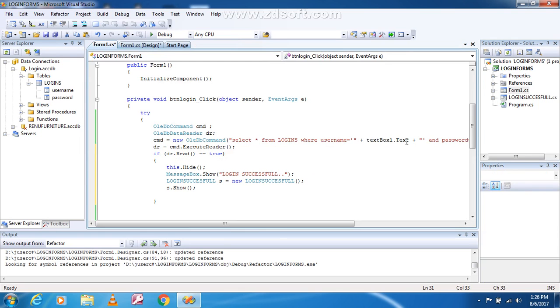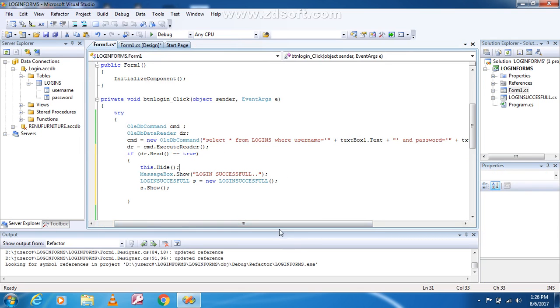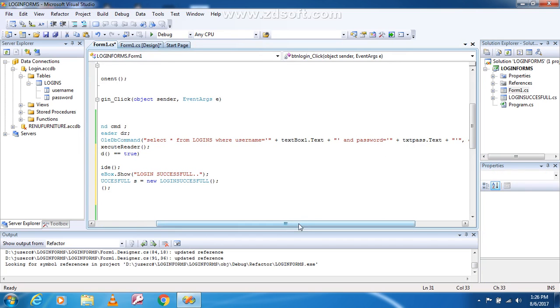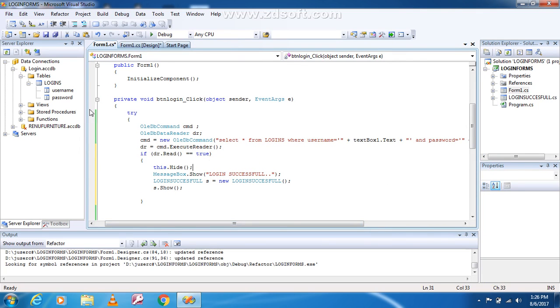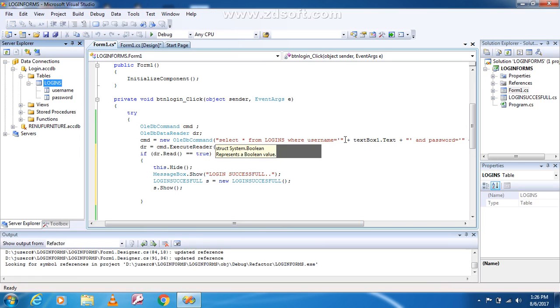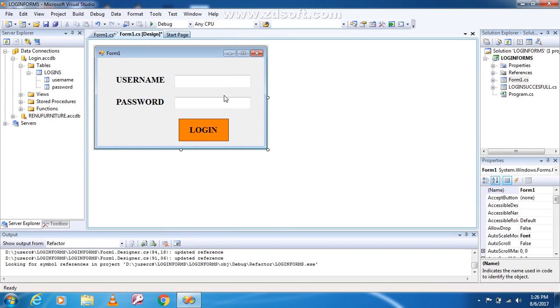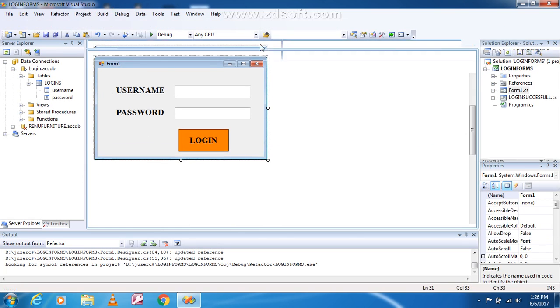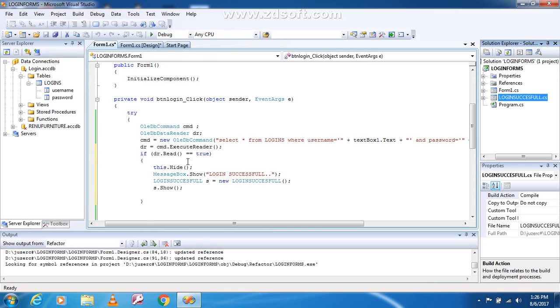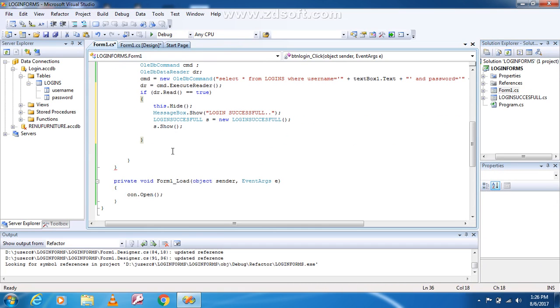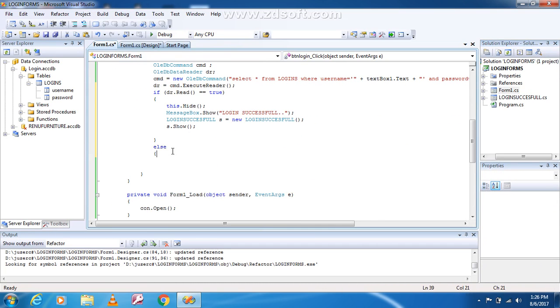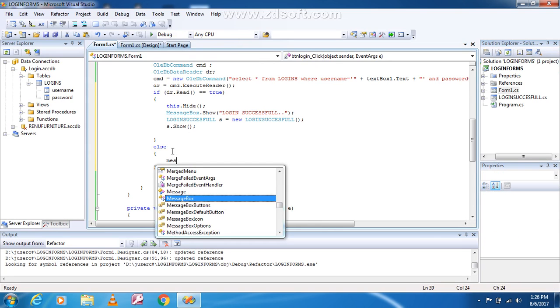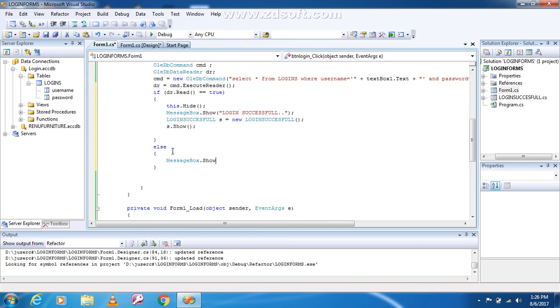If the username and the password written in the text boxes are matching in the login table, then only this if condition will execute, and this dot hide means this form will get hidden, and that login successful form will appear. And if not available, else, then we will pass a message box dot show